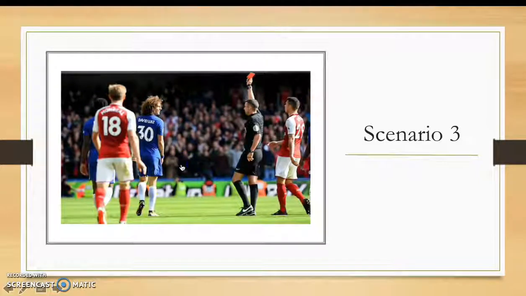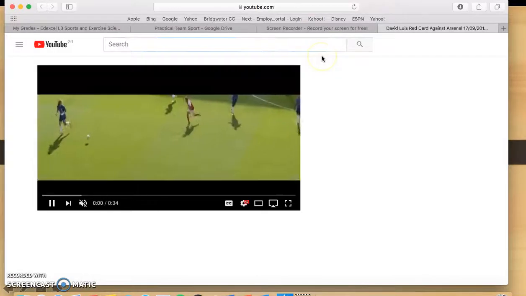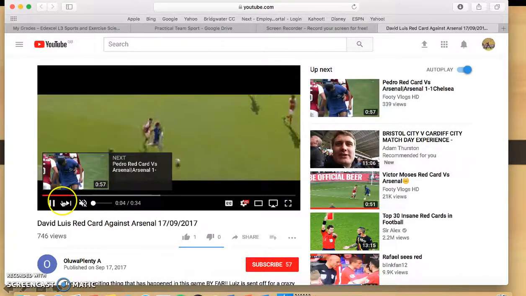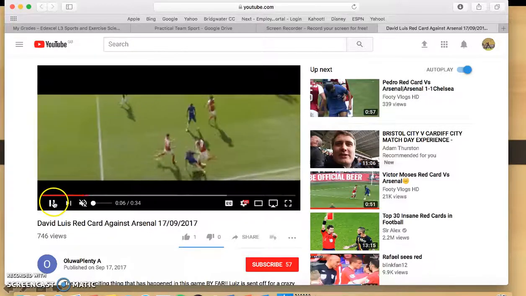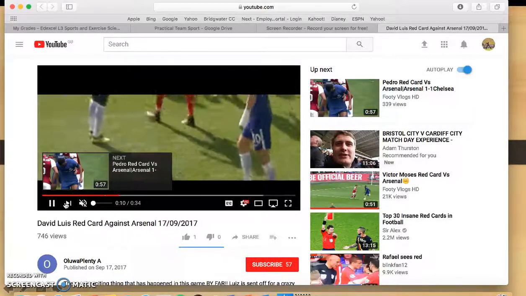Scenario 3. In this third scenario, an Arsenal player has been fouled again. However, this tackle has resulted in a red card because of how dangerous the challenge was on the player. I agree with the decision that the referee has made